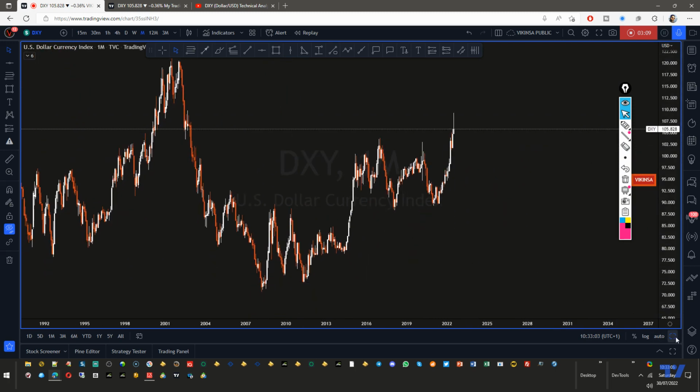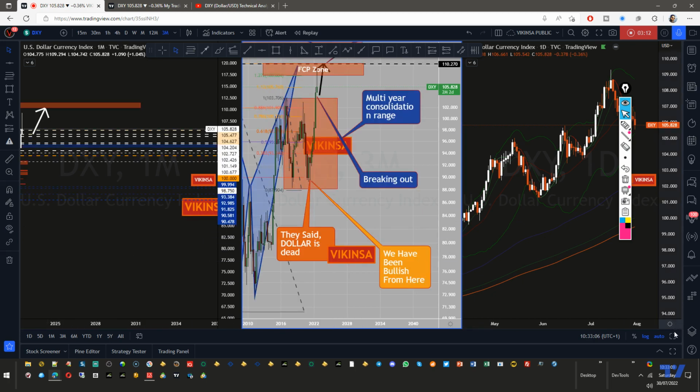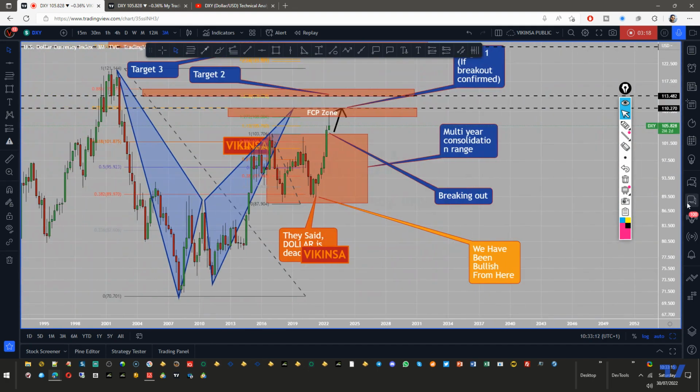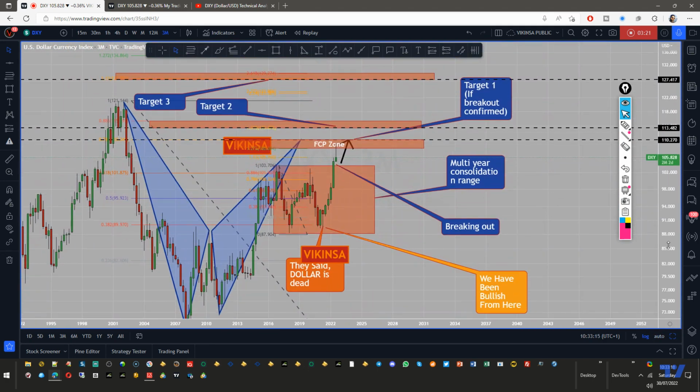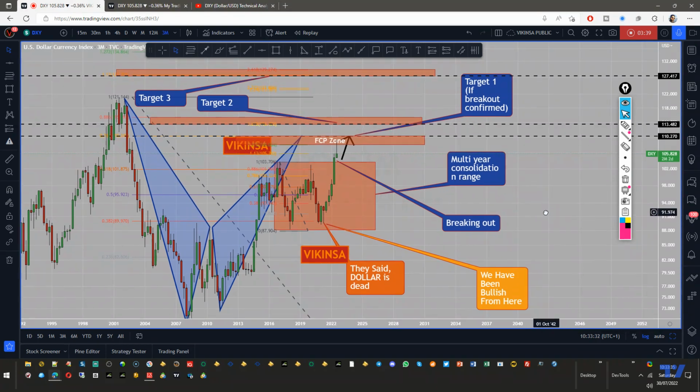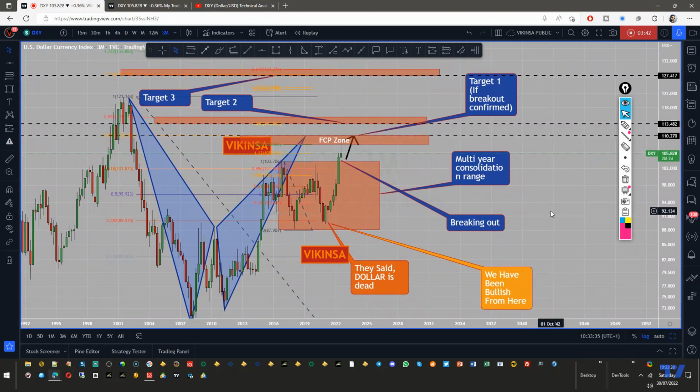Okay, so let's look at what the analysis was. If I open that, you might have seen this picture by now hundreds of times, because we have been following only this picture for a long time now. Around here, everybody was saying that the dollar was dying, but we have been bullish from that point, because the majority of media articles are actually put into the public domain to make sure that the market moves in the opposite direction. So when you hear media talking about one particular thing, when they have a strong bias towards one thing, be very, very careful, and start thinking alternatively.